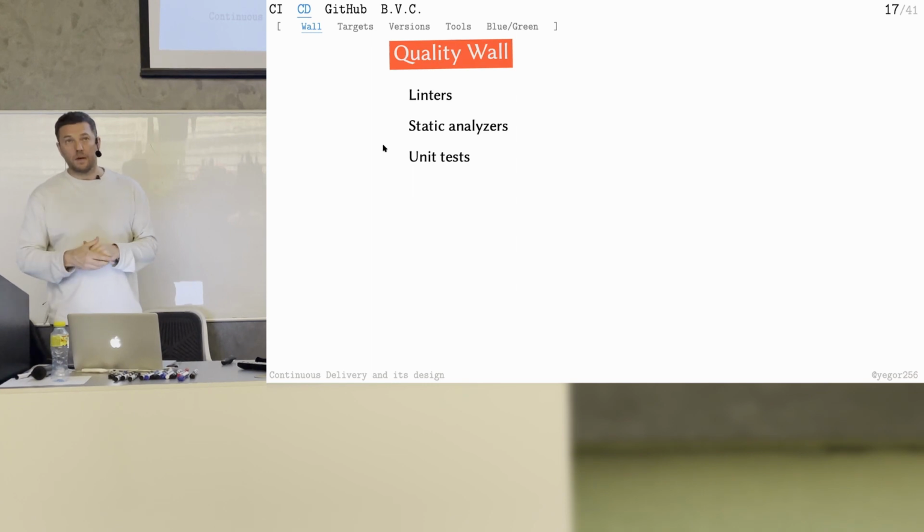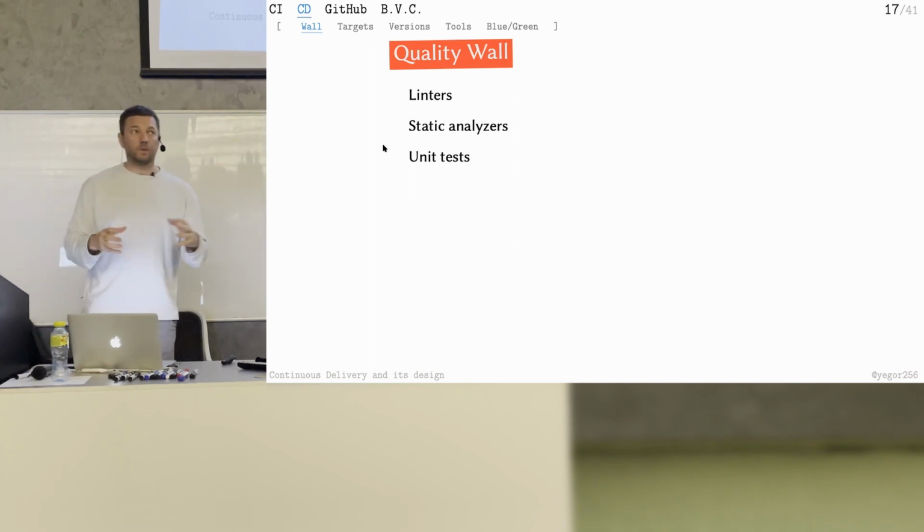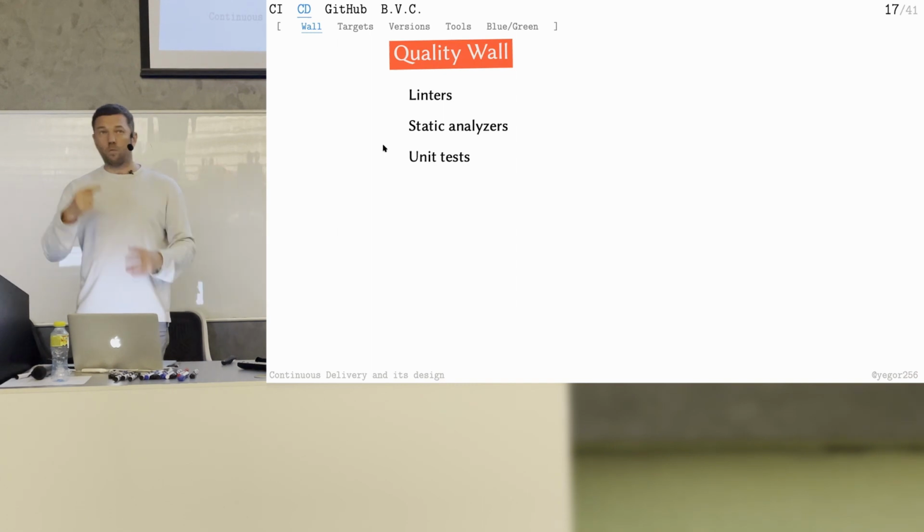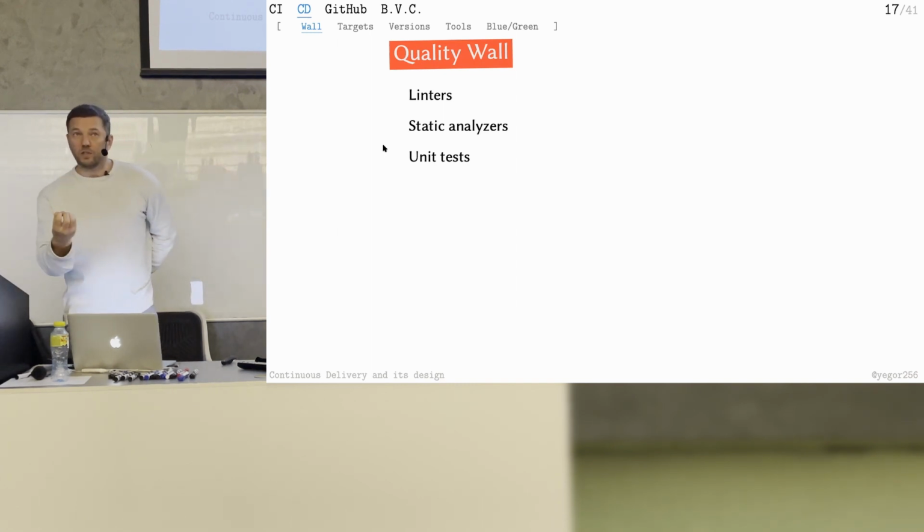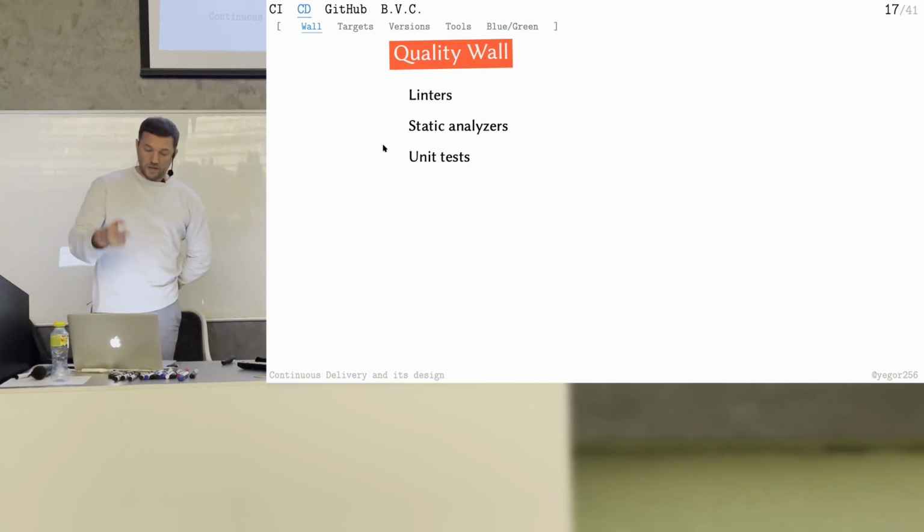So for your lab projects, also think about this. You need to make sure that there's a one-line command which puts everything together. When it puts everything together, it runs unit tests, static analyzers, linters, everything. So it doesn't build if there are any mistakes. It has to reject it. It has to stop building if there are any mistakes. That's why you need to make your build as strong as you can. That's the strength of your build.